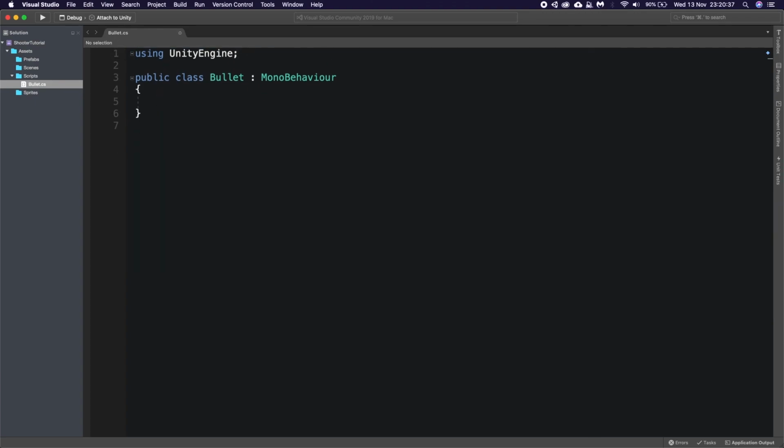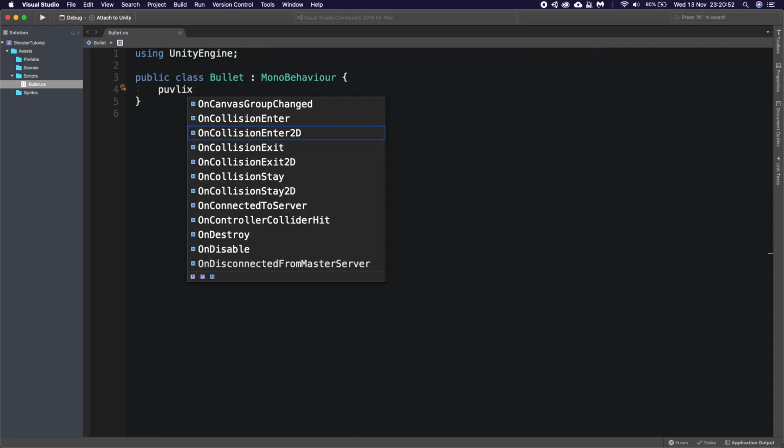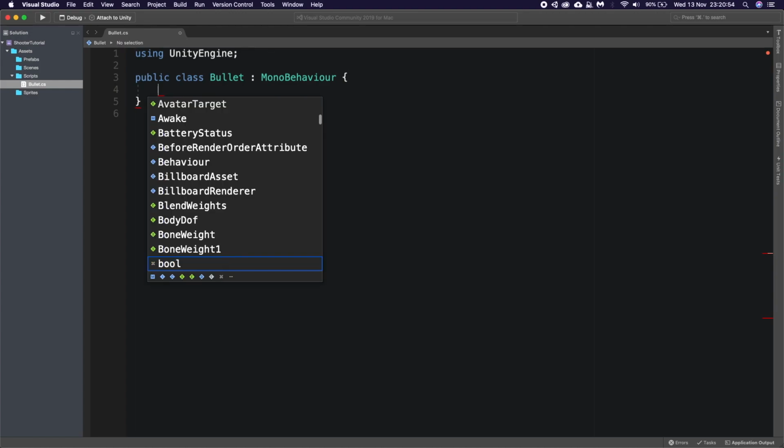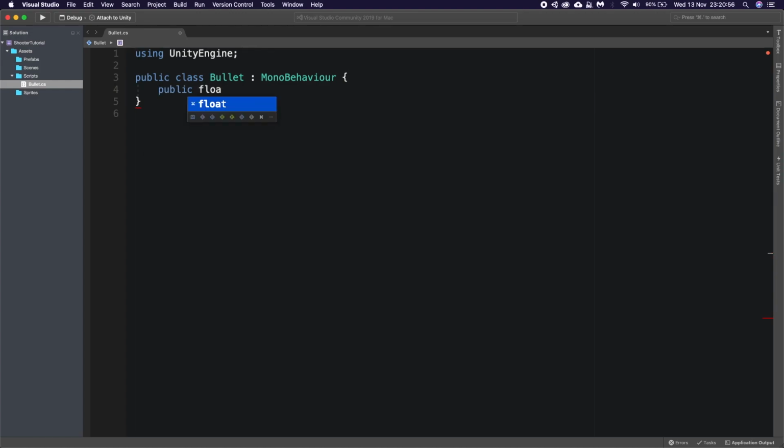So we don't need any of these. We don't need System.Collections. We just need the UnityEngine namespace. I'm going to bring it down to the next line. And we only need two variables for this. Well, actually, we only need one in our case, but we could add a second just in case we want to use it in the future. So we're going to say public float, so something we can have a decimal place. We're going to say bulletSpeed, which is equal to 10f to start with.